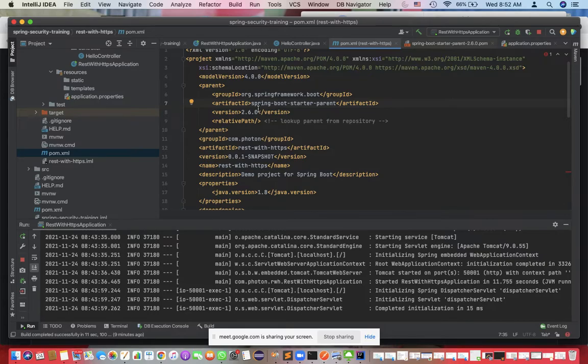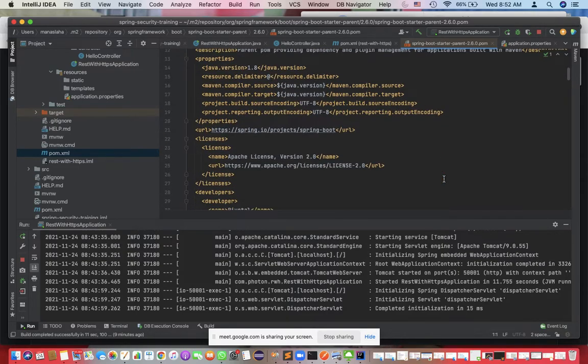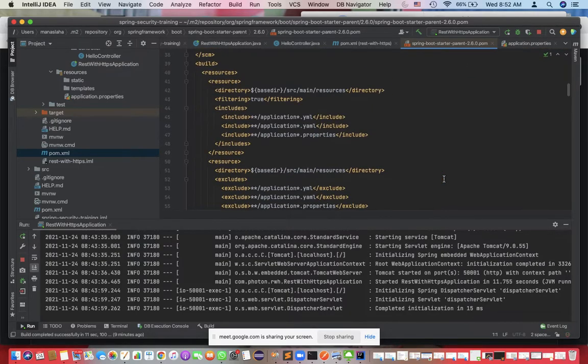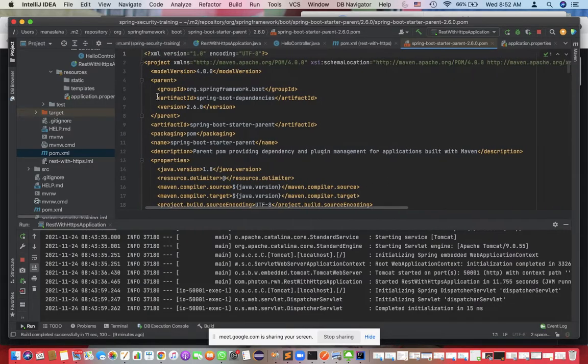If I go inside, you can see it says the parent pom provides dependency and plugin management for applications built with Maven. Here it gives you most of the things with their versions. It is also using another parent, but I'll come to that later.